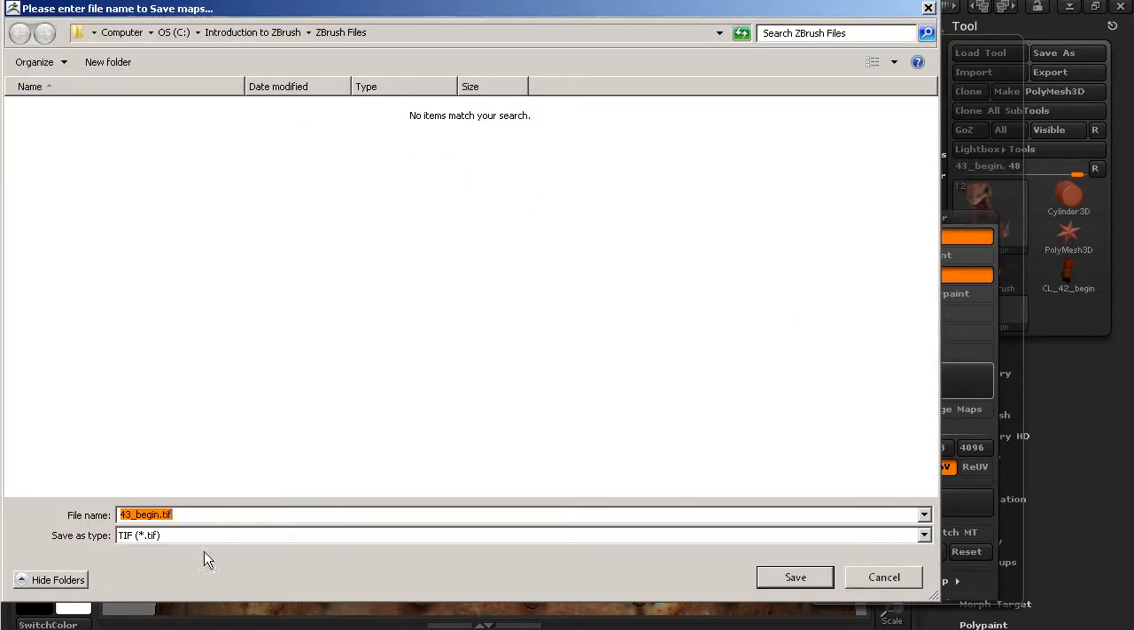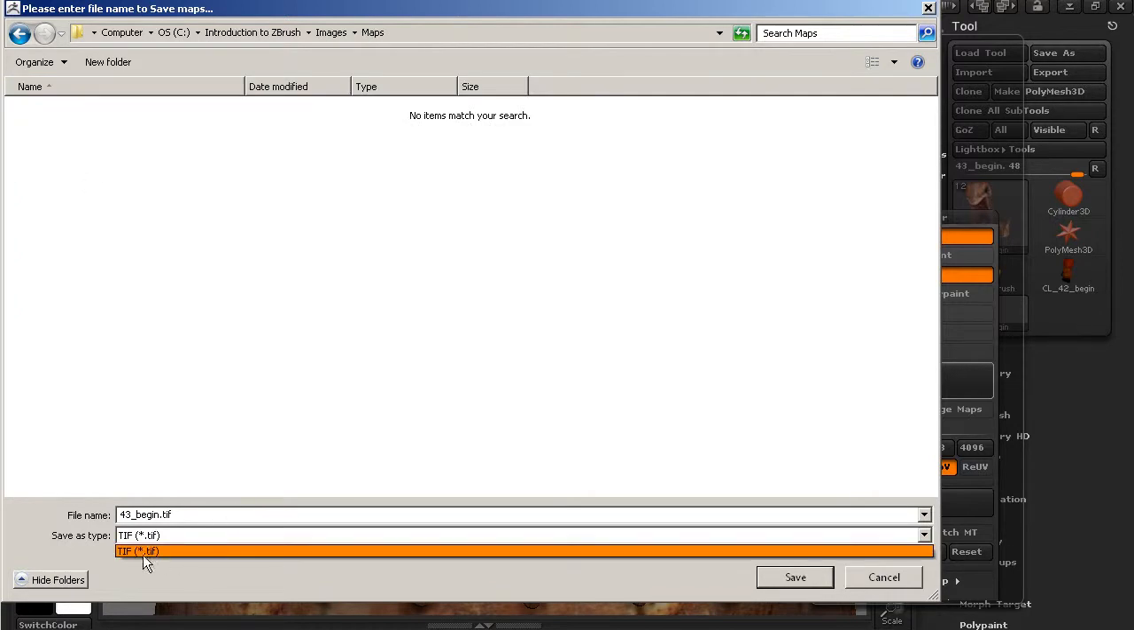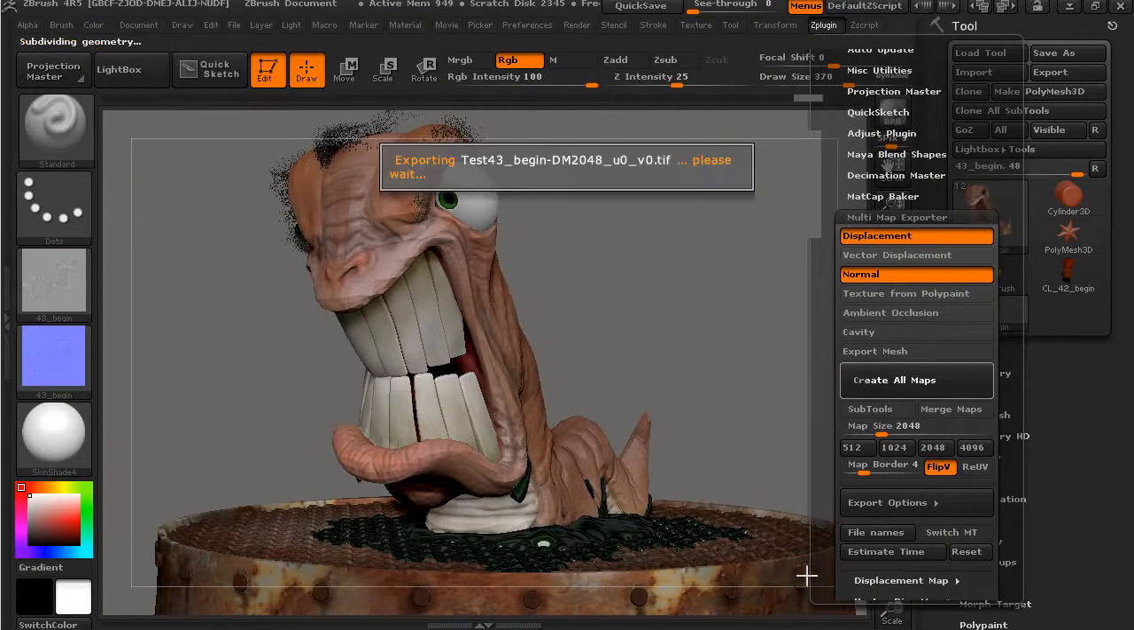It's going to ask us where we want to save those, so I'm going to go into images, and let's make a maps folder. You can see that we can create a TIFF here, and so we'll just call this test again. So let me go ahead and save this out. So now it's going to go through, and you can see it's actually giving us some more information in the name, things like